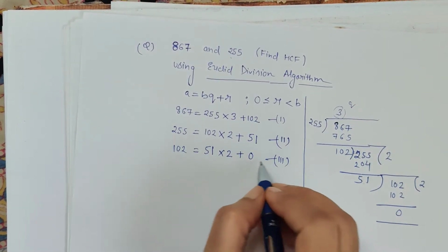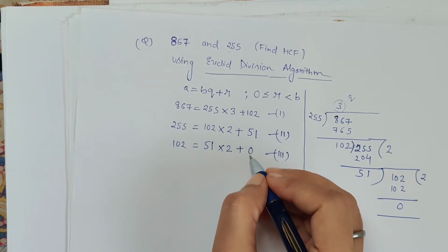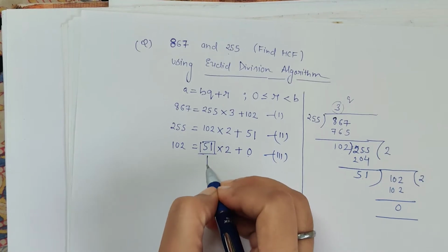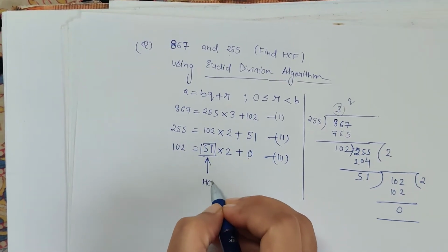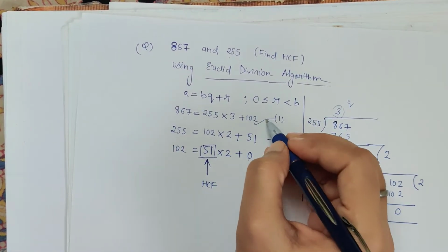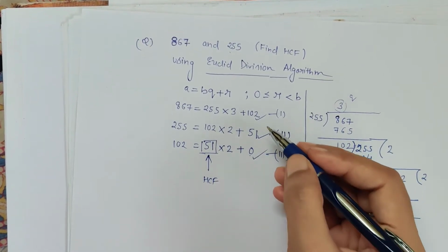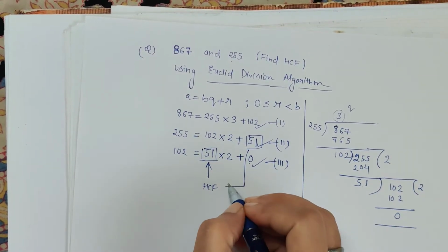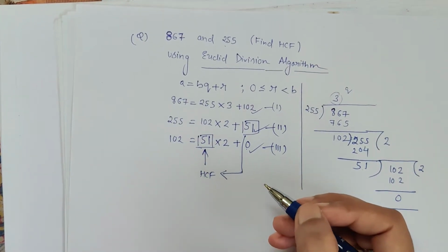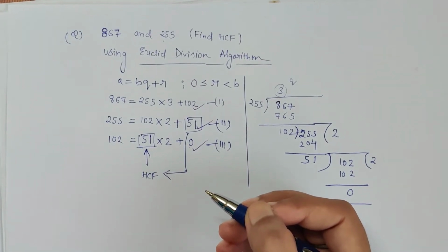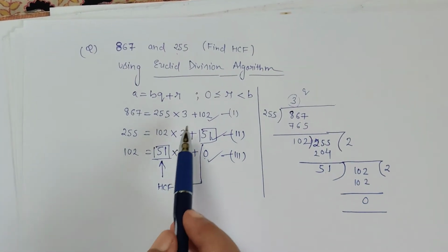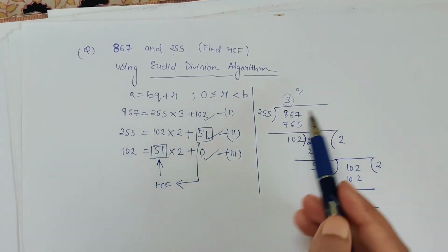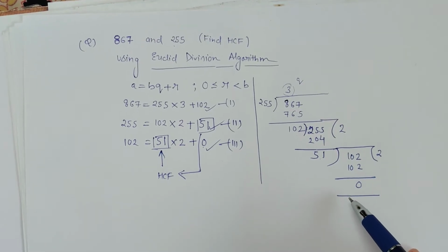isn't it? So in this third step we can see that the remainder is 0, so the divisor in this case is 51, therefore this is the HCF. Or as I have told you, these are the remainders we have got in the successive steps. So the last non-zero remainder is the HCF. So this is how we find HCF using Euclid division algorithm, and those who find writing this type difficult can go through like this. We have done nothing.